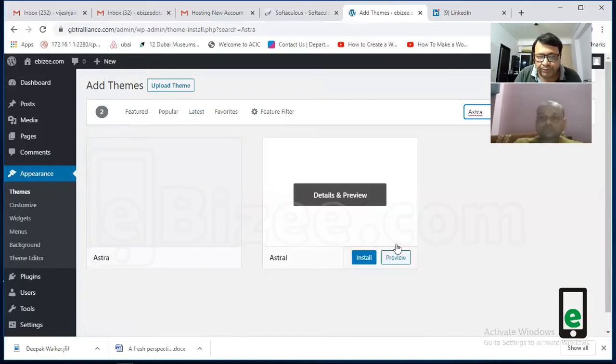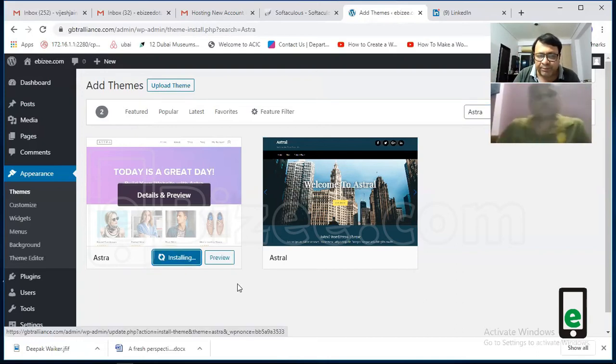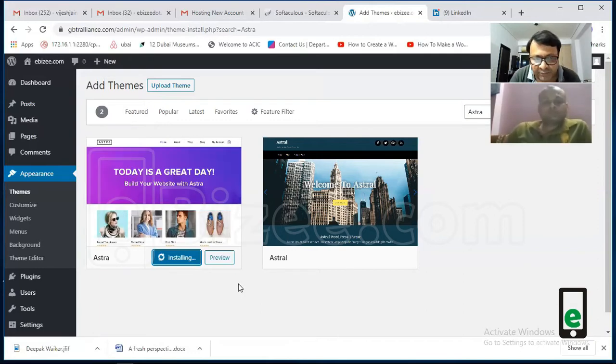We will use this Astra theme, because the advantage of Astra is that it has some starter templates, and among those templates there are a few which use resources that are freely available. All those plugins are free, and you can create a fully functional e-commerce website. So we will install this Astra theme. It takes some time for installation.